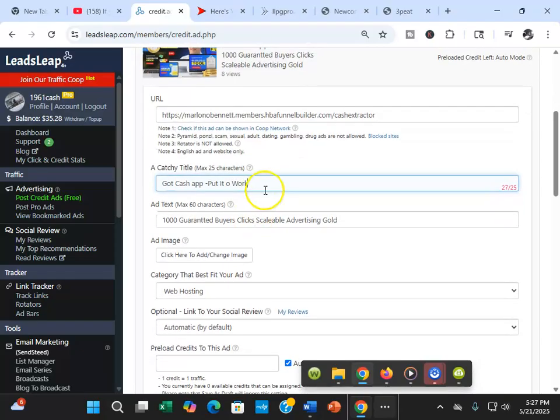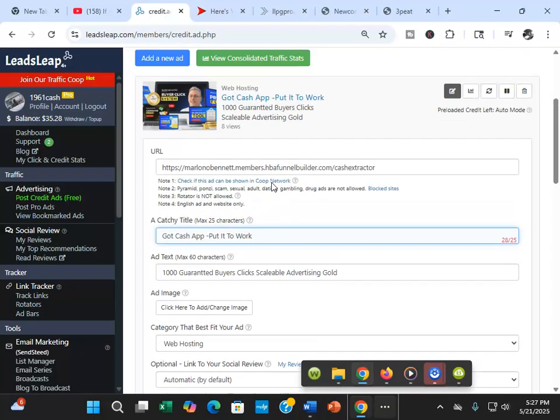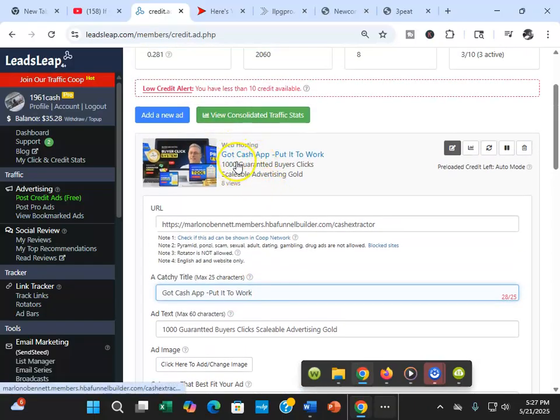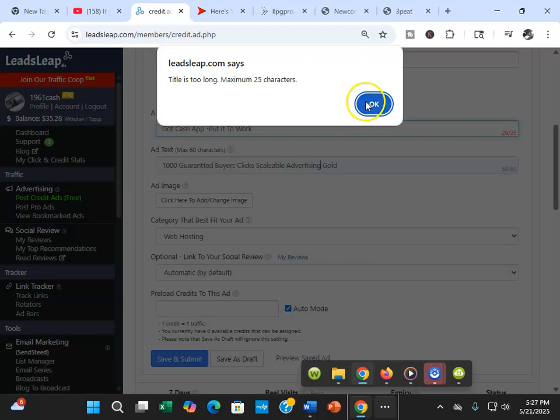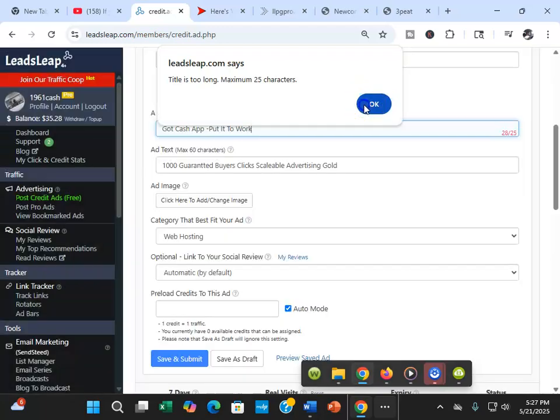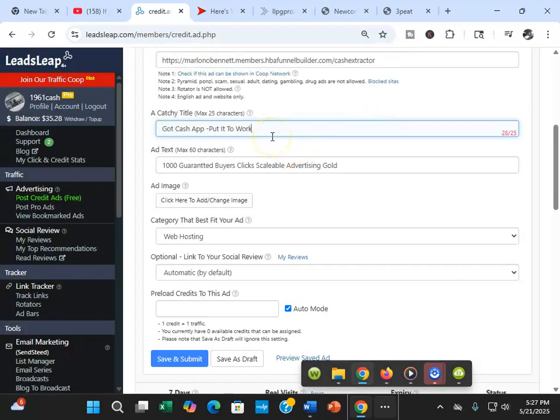Okay, I'm going to say you got Cash App, put it to work, because this is going to be going through the Cash App extractor. Then you want to come down here where you put some text. Oh, the title is too long. That's the other cool thing, it's going to let you know, because you can't put more characters than it's going to allow you.